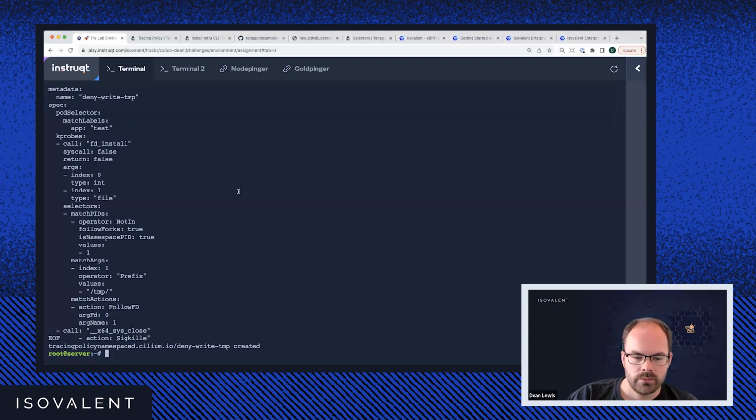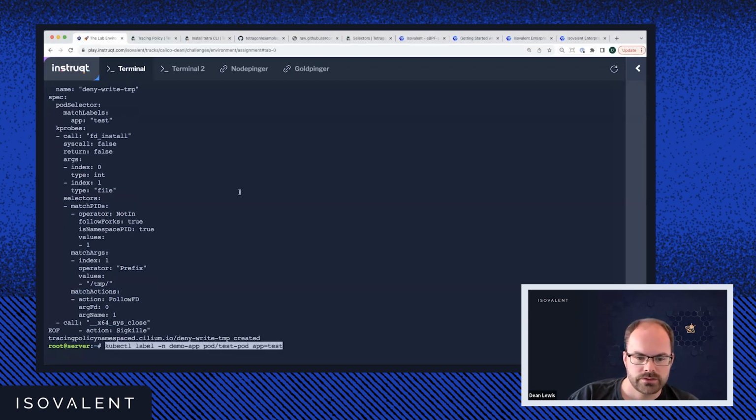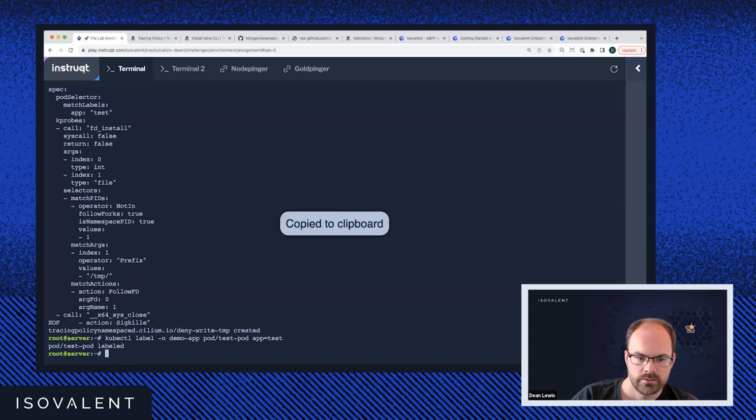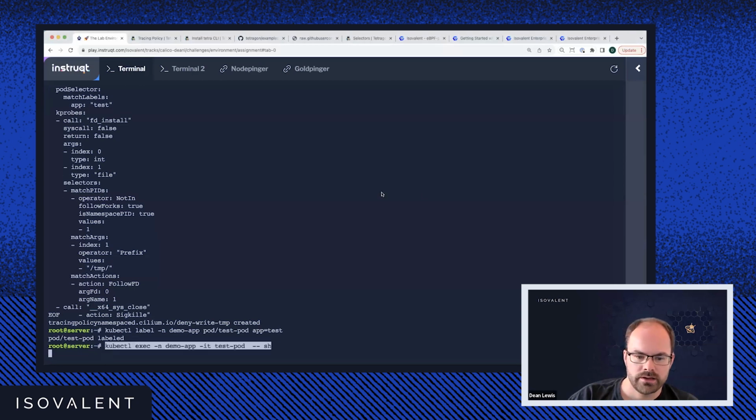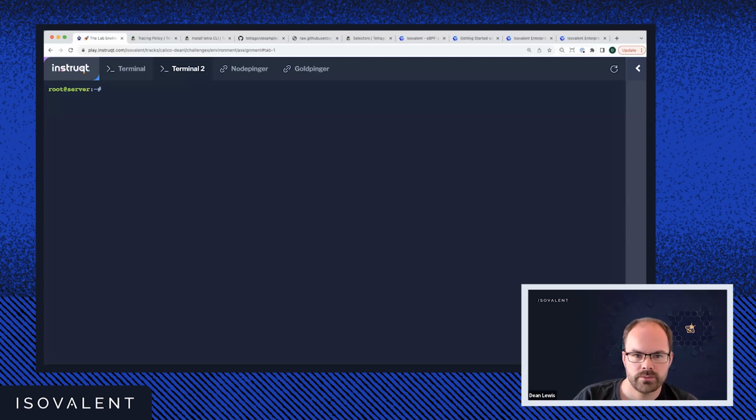So now we need to label my pod. So I'm going to create against my test pod. I'm going to add the app test there, which matches the pod selector, which is up here. And now if I sh into that pod, and if I go back to this terminal window, I'm going